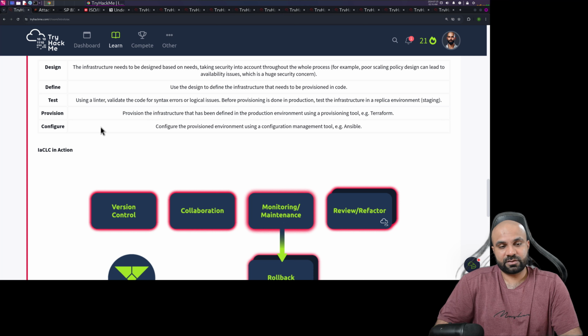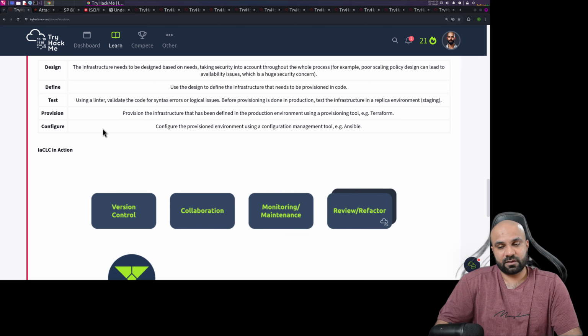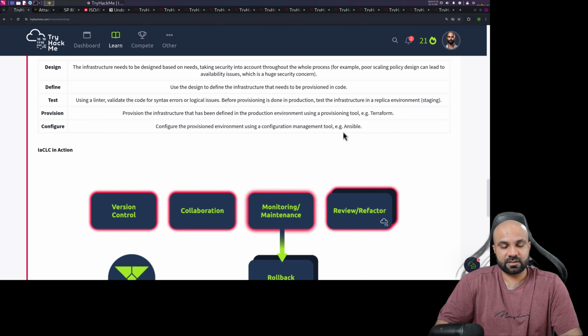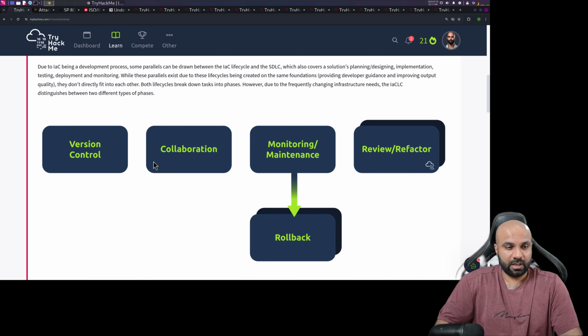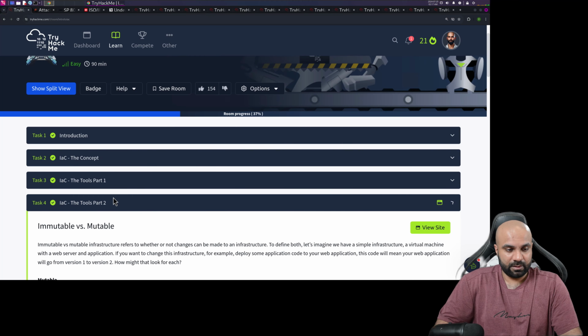For example, what software needs to be installed, what ports need to be open. All of this configuration can be done through Ansible, and Terraform will help you deploy the tool set itself. Okay, so if we go up in the previous